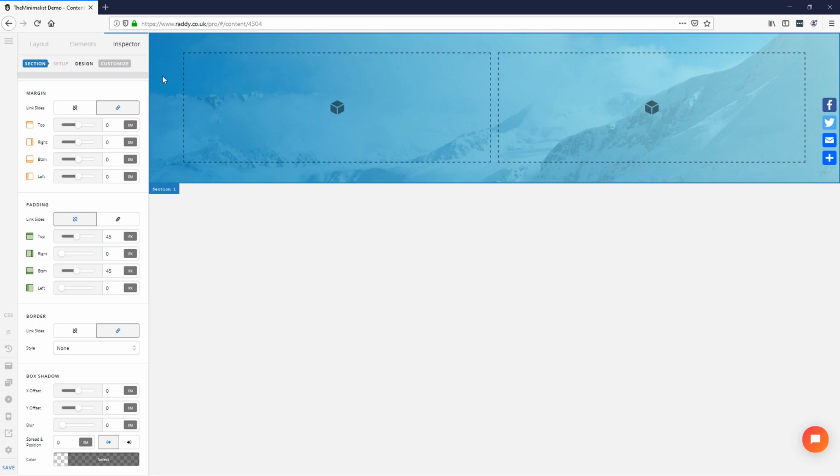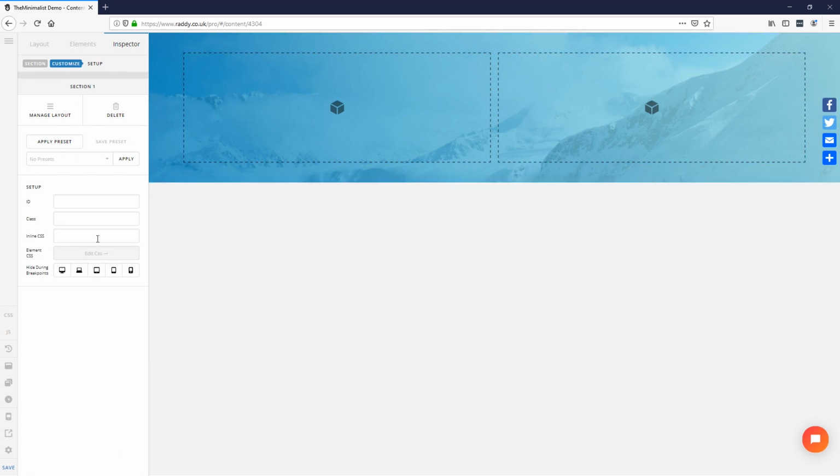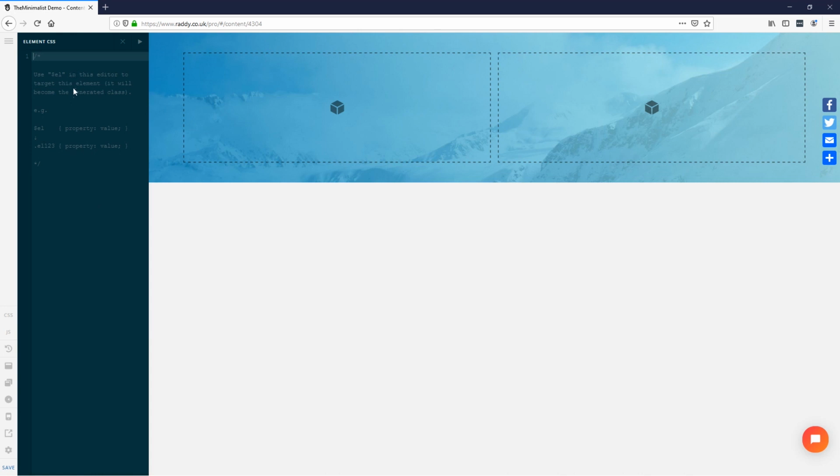Let's go back to the browser, and what we can do is we can actually write custom code in here under customize, and you can either write inline CSS or you can write element CSS in here. And to write element CSS in here, it's actually explained here. All we have to do is put the $, an L as element, and then you can just write the CSS that you want. So in this case, I want to set the height to 90 VH,